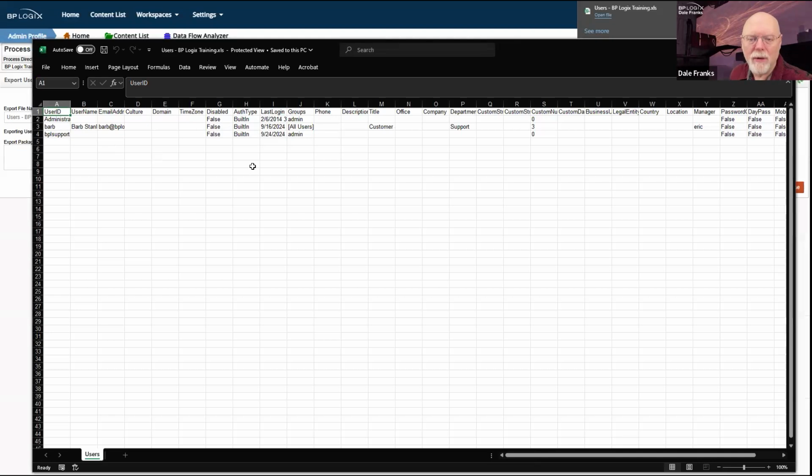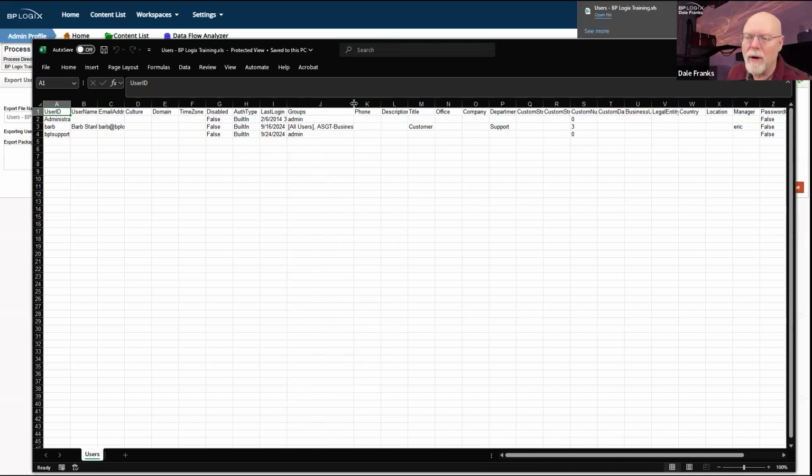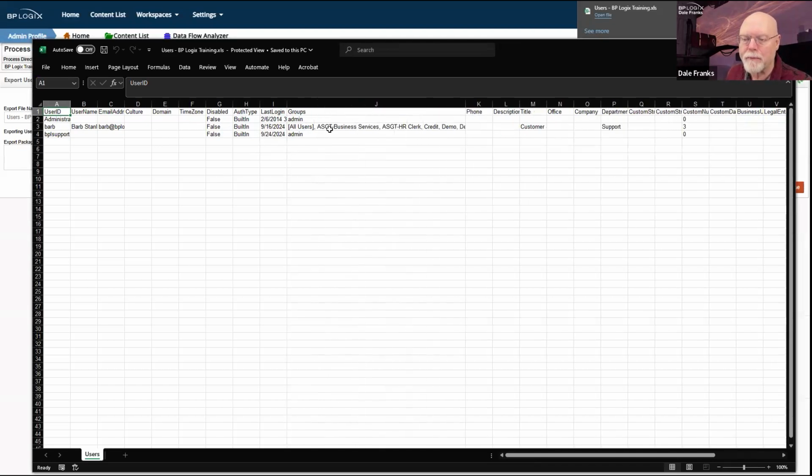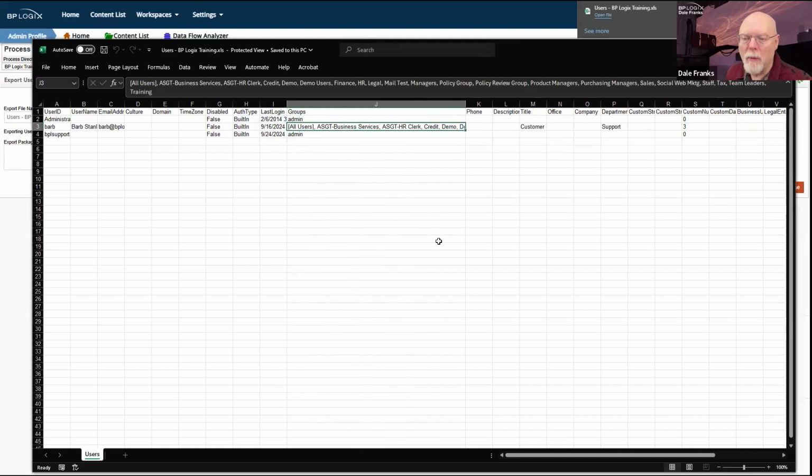So I have their name, their username, their email address, the groups that they're members of. Now the groups, these are only members of one. Well, no, here's a member of multiple groups. Great. So if you're a member of multiple groups, it gets exported as a comma separated list in the groups